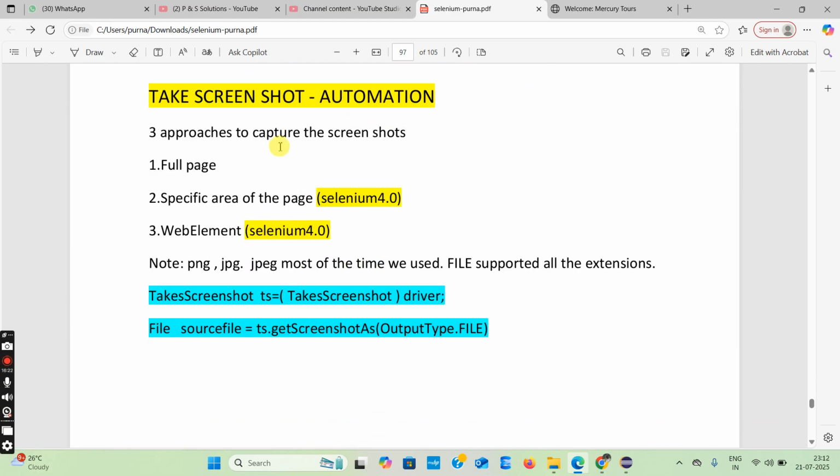Take screenshot automation. See this. So in the previous class we discussed a little topic like scroll down. Scroll down contains three ways. So here this take screenshot also contains three ways. So what are the three ways? So full page is one option. So we can take the screenshot as full page. After that, a specific area, we can take the screenshot like only